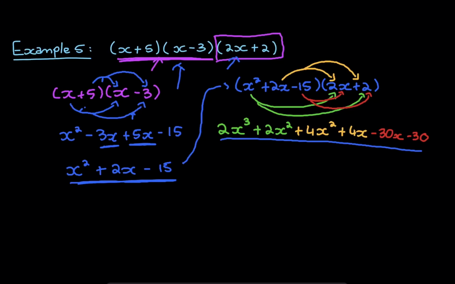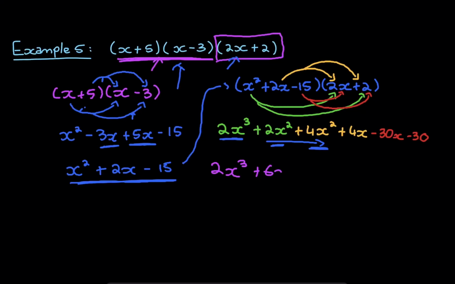Now let's simplify this. Let's collect like terms and simplify, right? So now you get 2x cubed. If you go throughout this equation, you don't find another 2x cubed, so we just write it as 2x cubed. Okay, now then you get 2x squared, and then you get 4x squared. So these 2x squared and 4x squared are like terms. So 2x squared plus 4x squared will give you